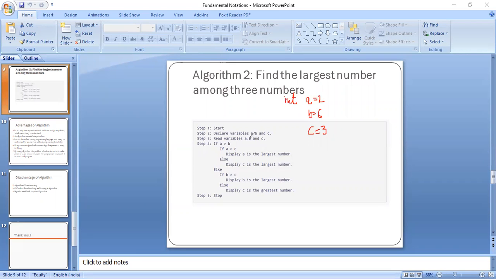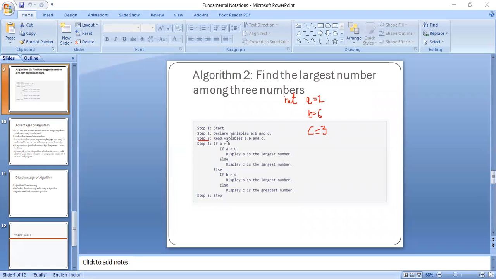Then we will read the values for the variables. That means we will input the values of a, b, and c. So here under step 3, we will simply input the value of a as 2, b as 6, and c as 3. Then under step 4, we have to check which value is greater.